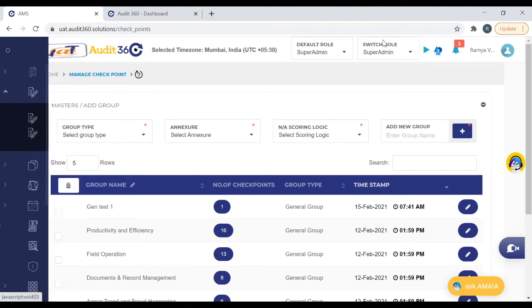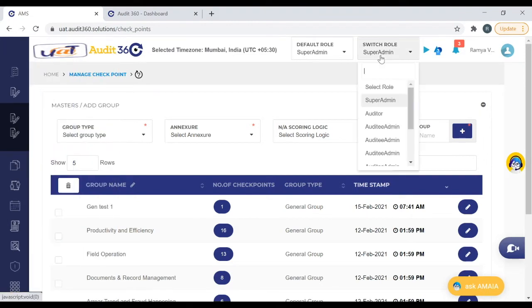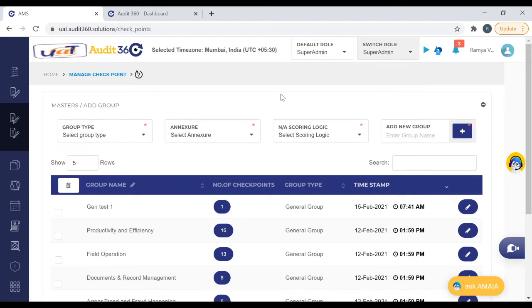But the default here is, what we have currently done is all the super admin roles will have an auditee admin role assigned. But if you would want this to be managed from the auditee team, the user needs to be assigned with the auditee admin role. So I'll just show how a configuration is done, what change we have brought into Audit 360 with introducing auditee admin.